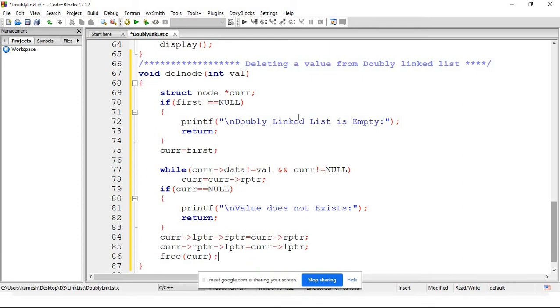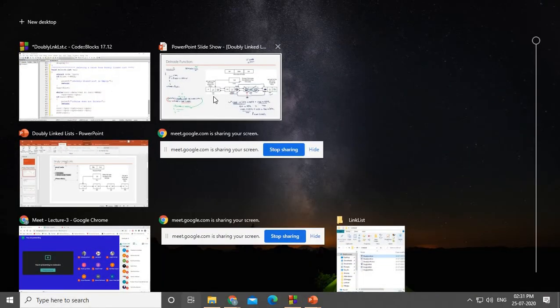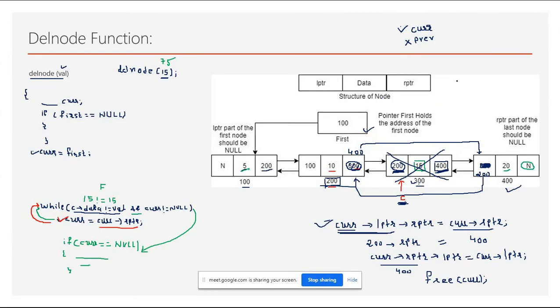Now this is the thing, but one more thing we have to take care of when the user is calling the del node function. Let's suppose the user says I just want to delete, so del node, and the user is giving, say, 5.